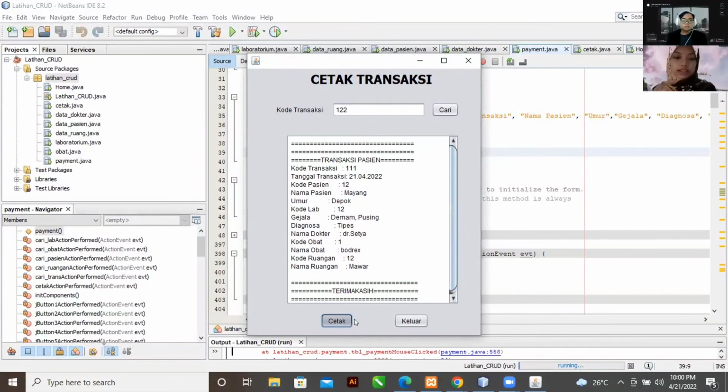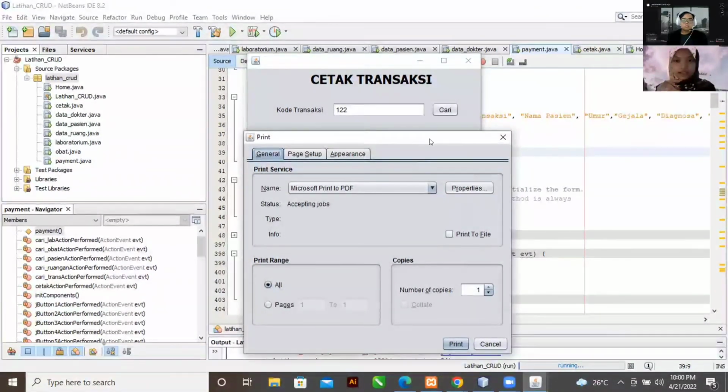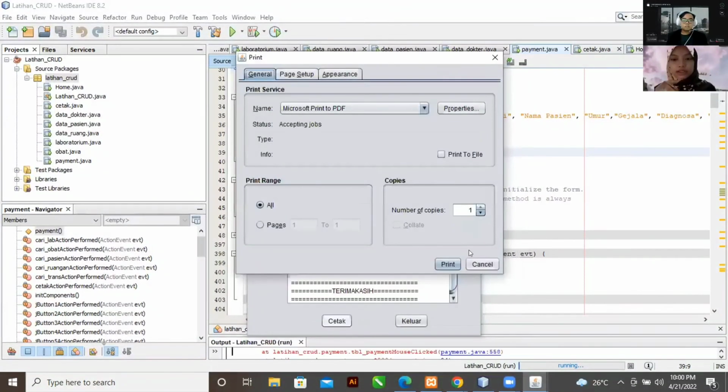Sorry, the cetak button just takes a little long time to run. Okay, this print page will appear on the screen. We can just click print.